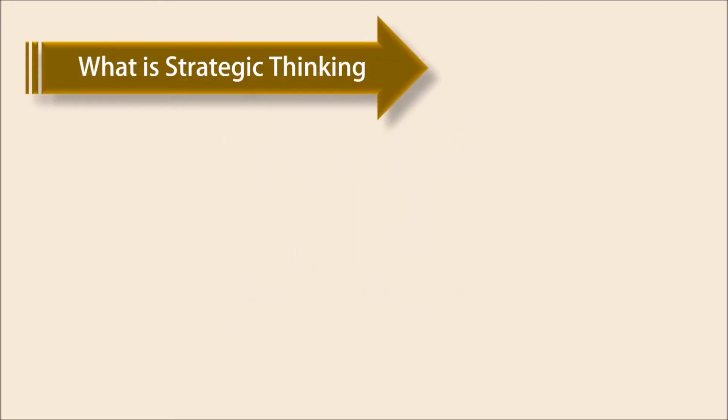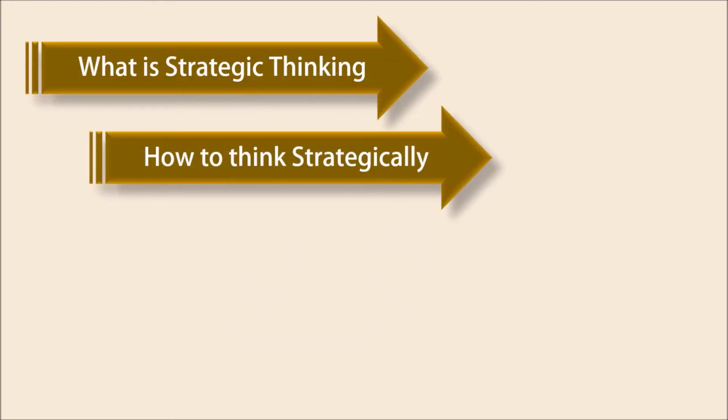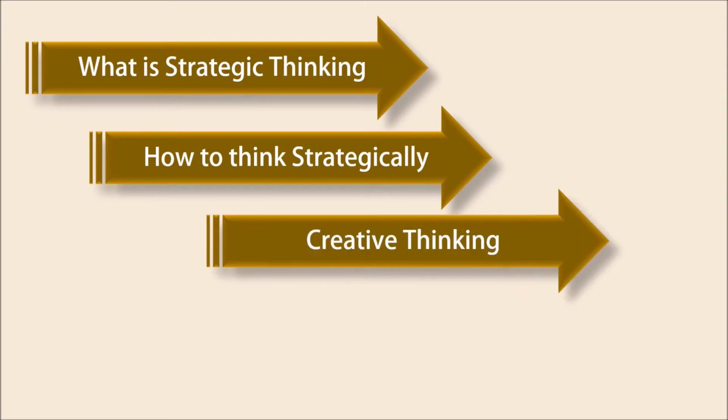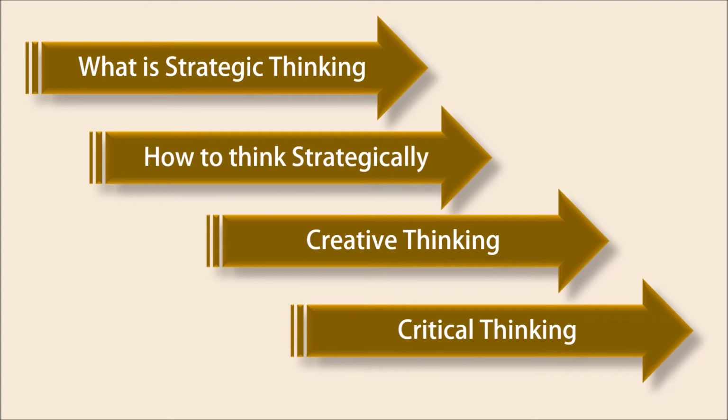So far in the earlier two videos, we talked about what strategic thinking is all about and how we can think strategically. We talked about creative thinking, by which we encourage our thinking process using brainstorming and parallel thinking. Further, we also talked about critical thinking process, which lets us match the idea brainstormed with practical data available to help evaluate the choices at hand.